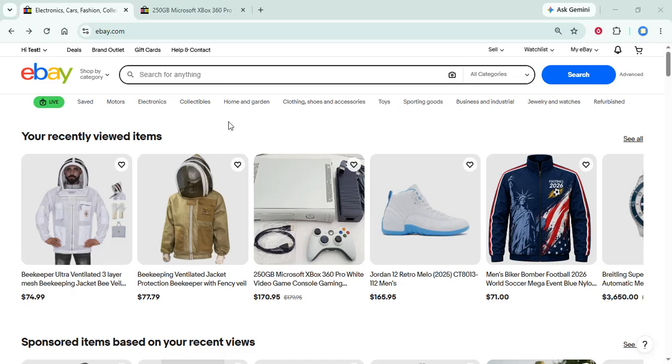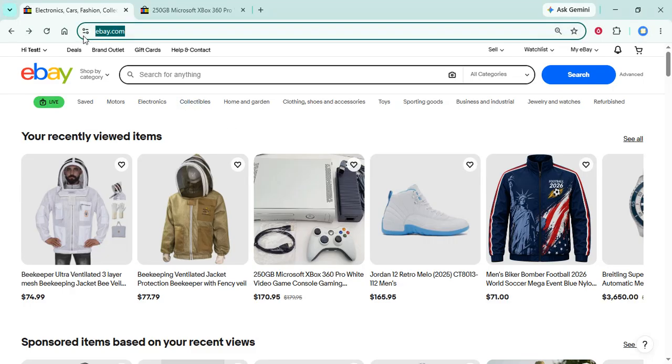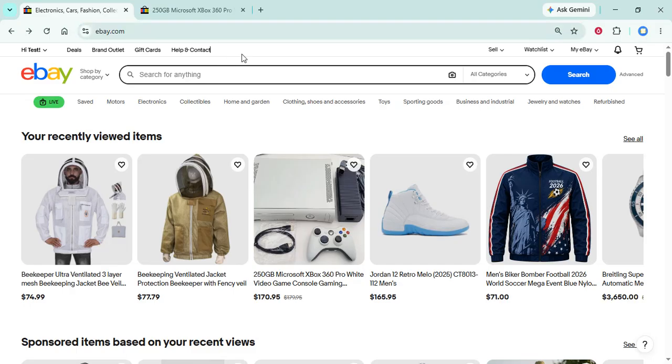To get started, open your preferred web browser and navigate to the eBay website by typing ebay.com into the address bar. This will take you to eBay's homepage, where you can see a variety of featured products and categories. If you haven't already, make sure you're logged into your eBay account. Logging in is crucial because the watchlist feature is tied to your personal account, helping you keep track of your